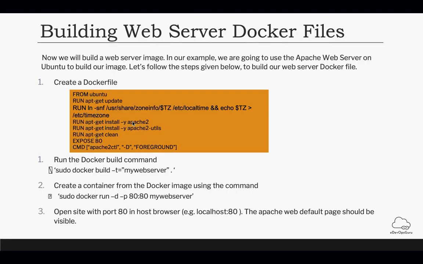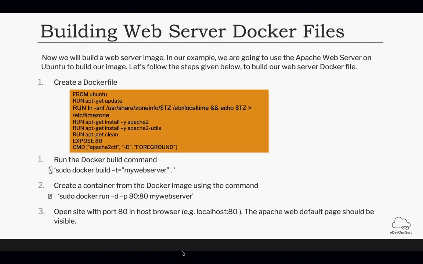Coming back to this PPT, we have already seen this example. For building it, you use docker build -t with the name of your container and the path of your file, and then using the docker run command you can create a container from this docker image. That's all.